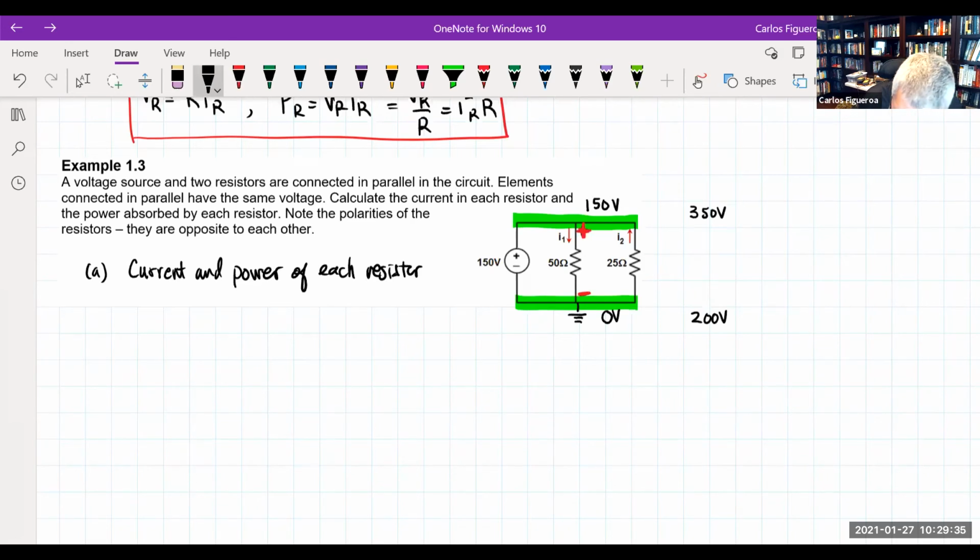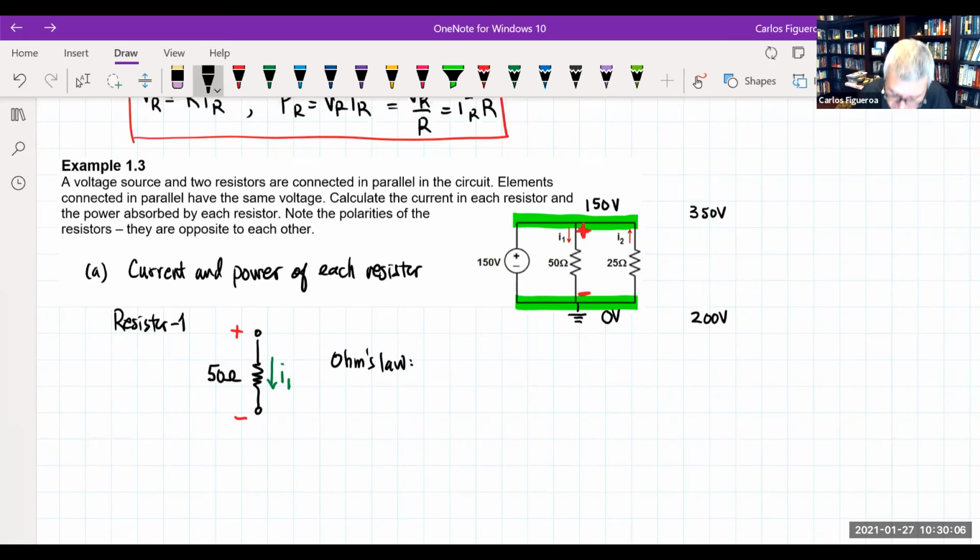So when I look at resistor 1 now, what I'm really seeing is this. This guy here is my positive terminal. That's my negative terminal. But look at the current. The current is going this way. So if I calculate the current for this 50 ohm resistor, according to Ohm's law,